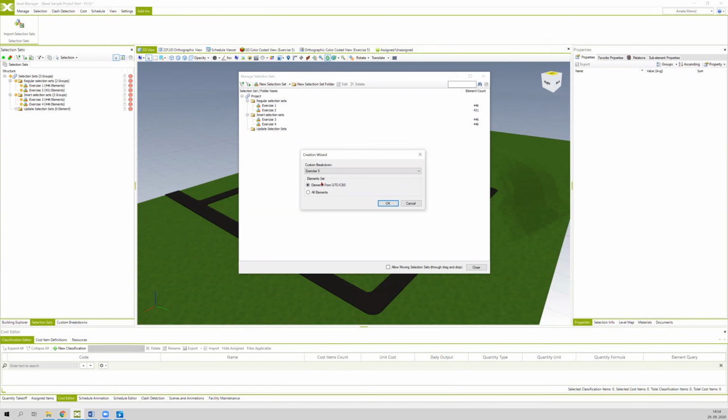So now you have in the element set 2 different options. The first one is elements from QTO and CBS, which enables the user to create regular selection sets on the basis of the custom breakdown structure. And the second one is all elements. So if you click on this option, the selection sets from the custom breakdown will be smart. So I will leave the first option, elements from QTO and CBS, and I will finish the process by clicking